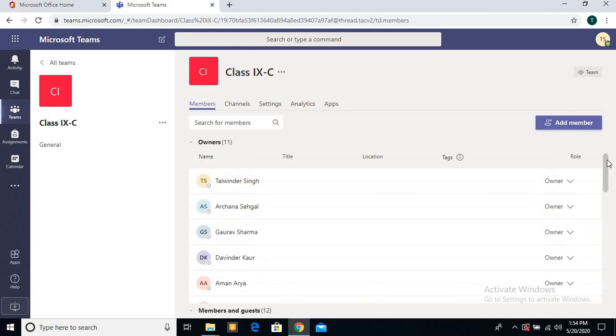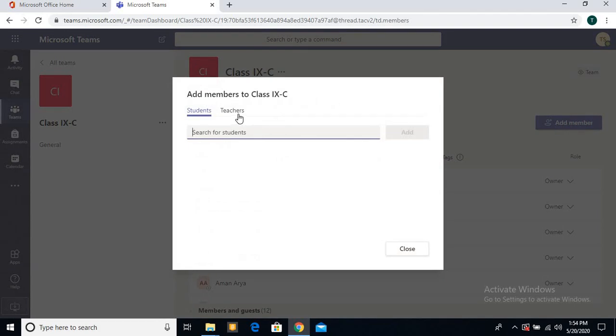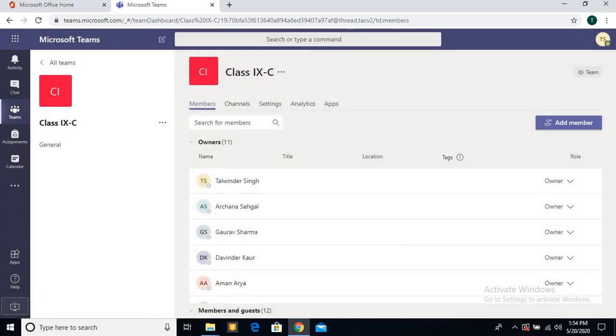Okay, so in that way, suppose now I have added till Jagnoor. After that, if I want to add more students, then you have to click add member, then you can add the member. So it's my advice to you, first add the teachers. Suppose I am going to now click add member, so in that way the teacher is already there, so no problem, you can add. That's your wish whether you want to add the teacher. I was thinking the teacher tab was not there, but it is there, so you can use anyone. So I hope this is clear to you.